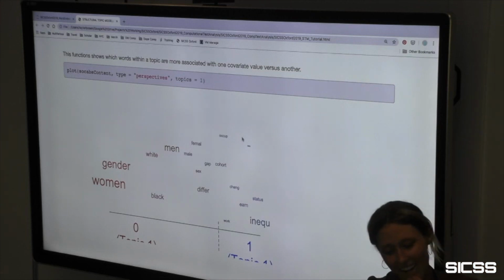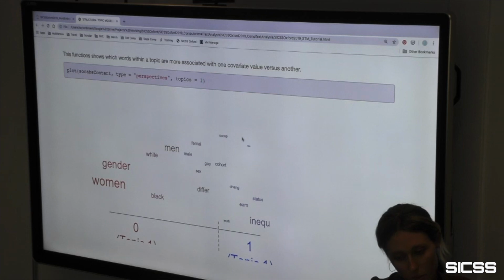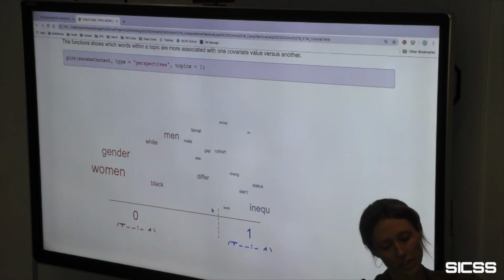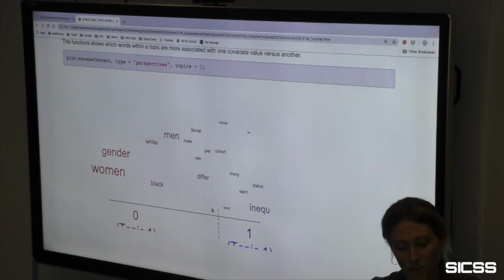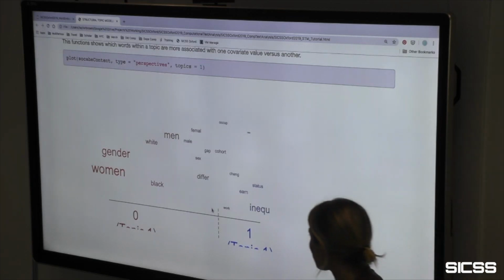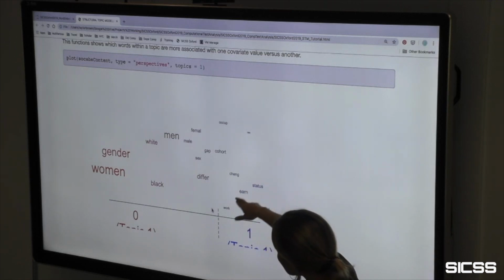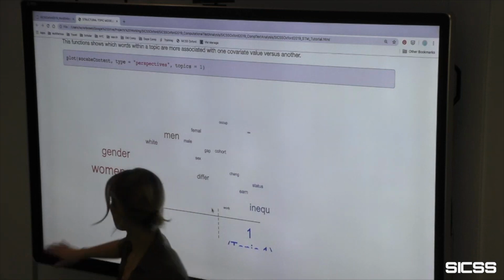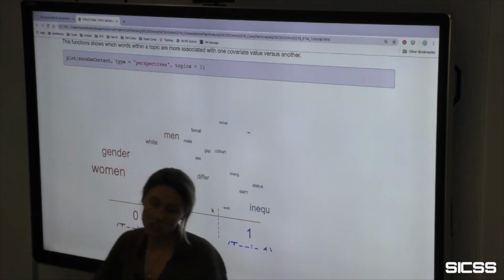So this is how the content of one of the topics, sorry I got cut off, changed if it's in the AJS ASR or if it's in another. So if it's in AJS ASR, it looks like you're talking more about inequality and status and these sort of things. Whereas if it's outside, there's more gender and women, which actually to me has a